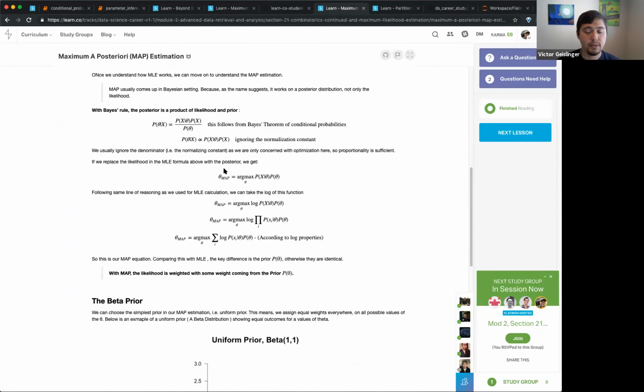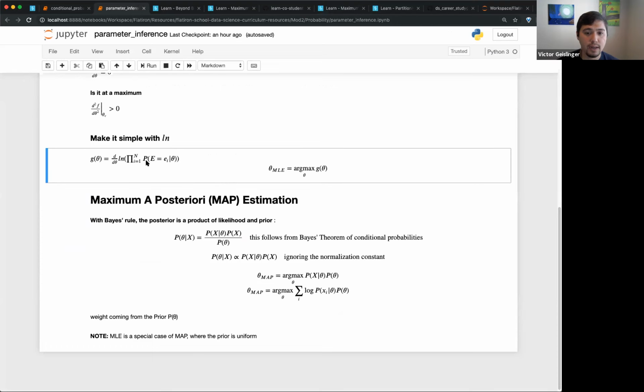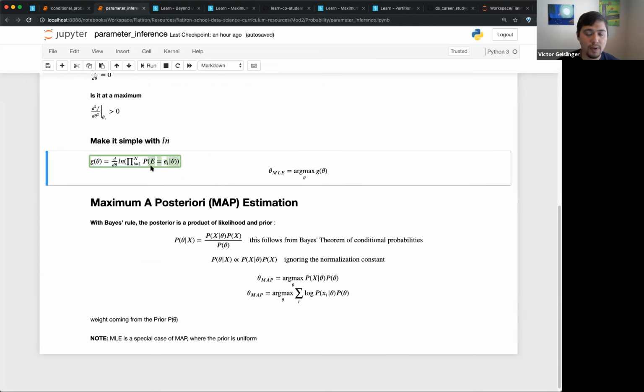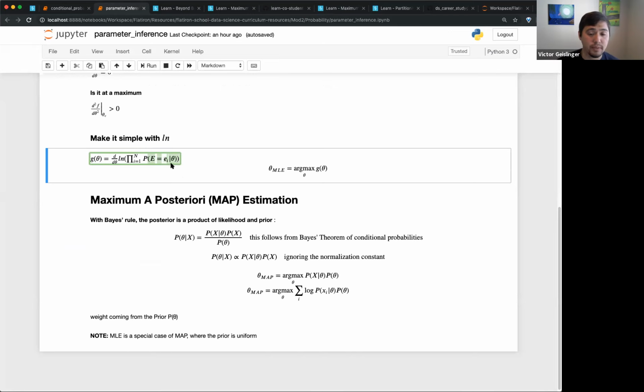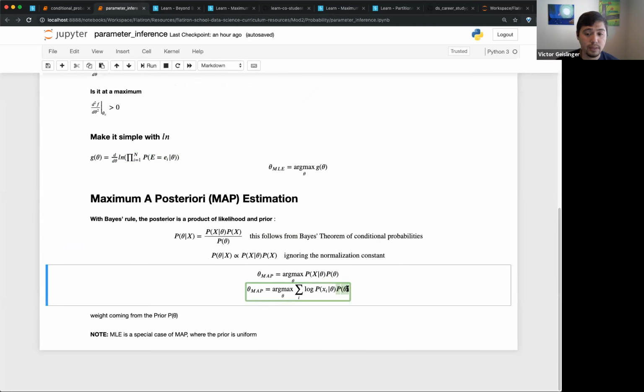Basically you go from here and take the arg max of that log value, and you go through it and end up getting this: the summation of log P(x_i given theta) times the probability of theta. But remember, we just had this part right here, P(x given theta), and this one is just being multiplied by P(theta) too. So now we have the same exact answer, we're just weighted.